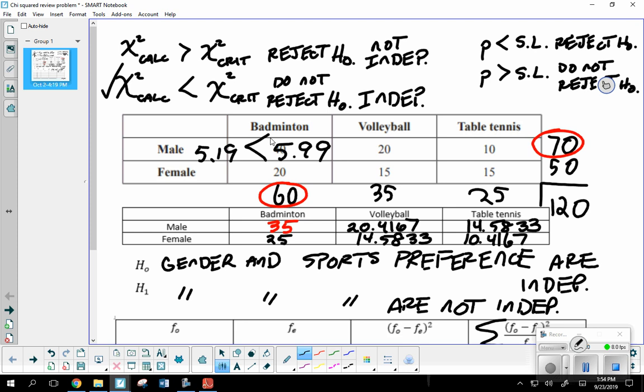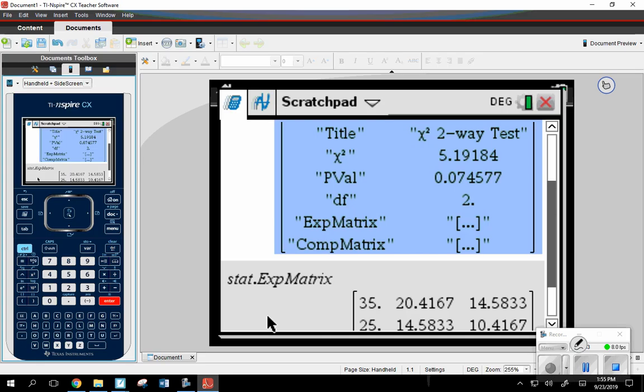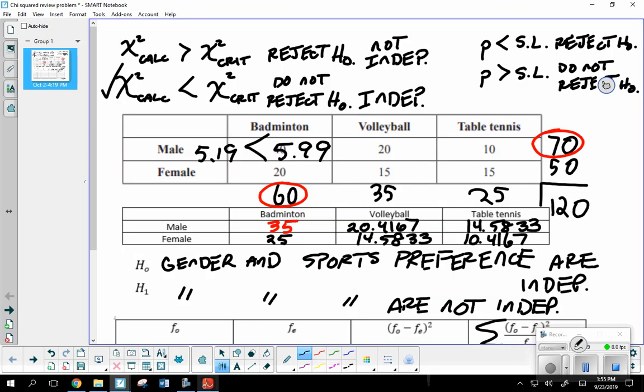Now let's see, could we still have figured this out had we not looked up the critical value? What was one of the last items we talked about in the lesson last week? The p-value. Now this is something you are never going to go ahead and calculate yourself. It's always in the calculator when you go ahead and do this. So it looks like my p-value, let's say 0.07. So my p-value is 0.07.